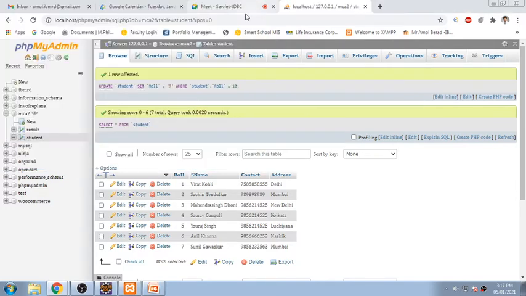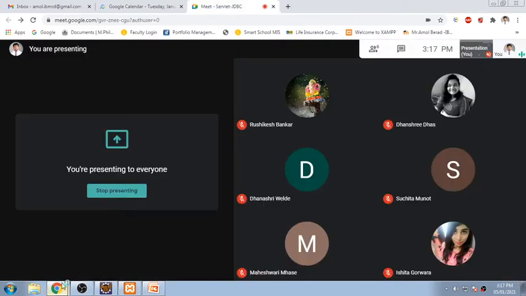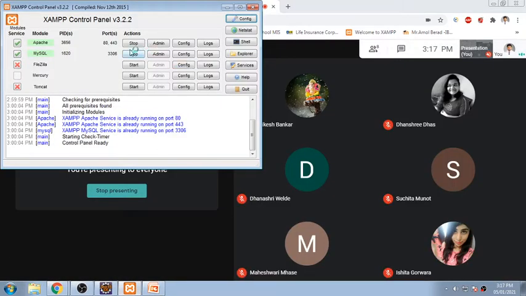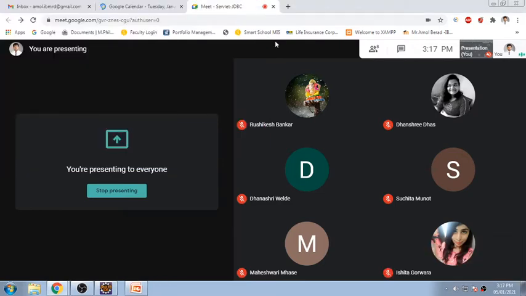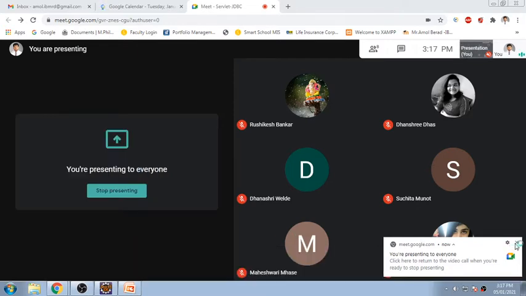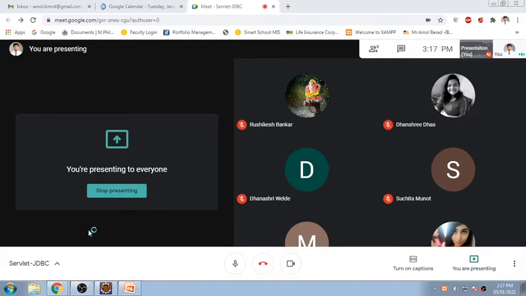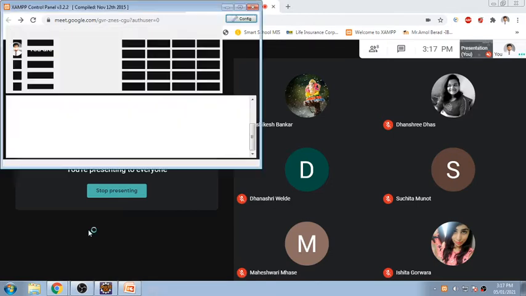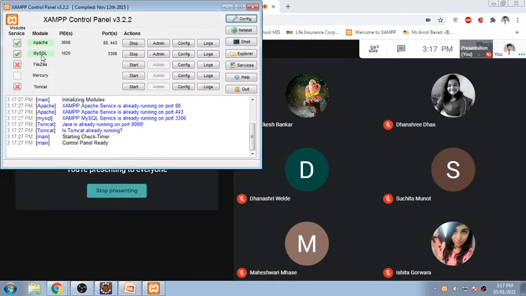So here, just for the purpose of refreshing, I will be opening those things again. So this is the Apache screen. Whenever you install XAMPP, the XAMPP control panel is displayed. I'm clicking on the XAMPP control panel, and in it there is Apache, Tomcat, and MySQL. Apache is installed, MySQL is installed, and we have already used this database for the purpose of storing data,